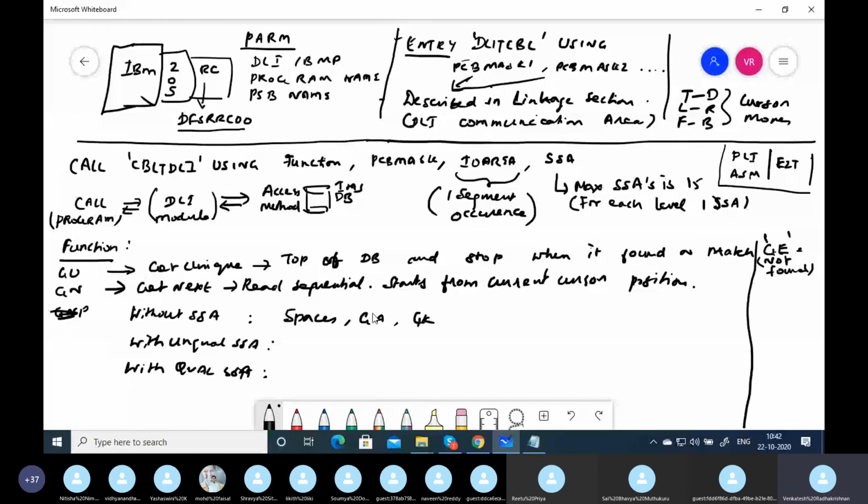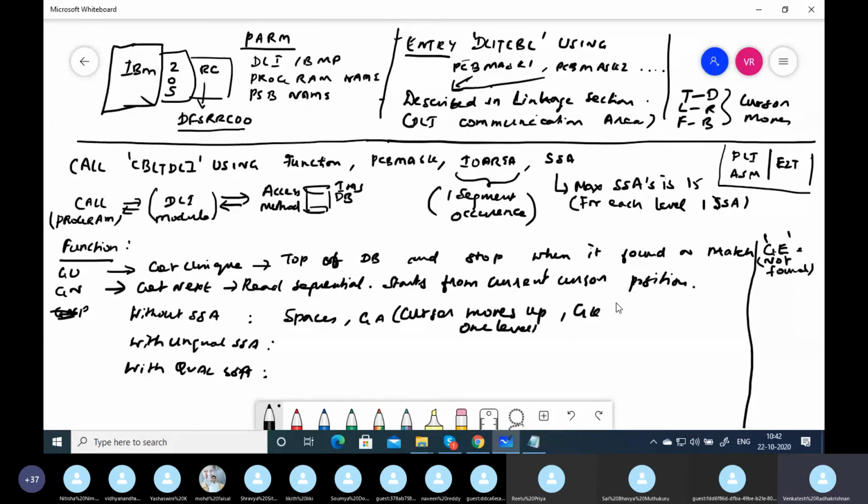So what is GA? GA means the cursor moves up one level.